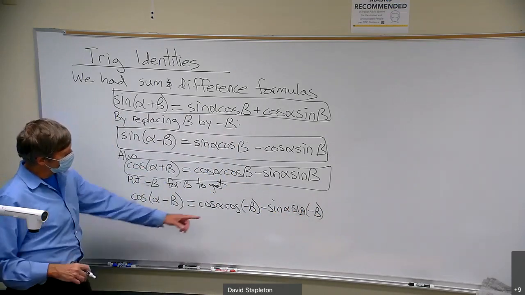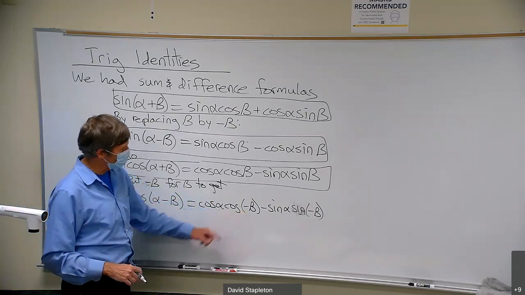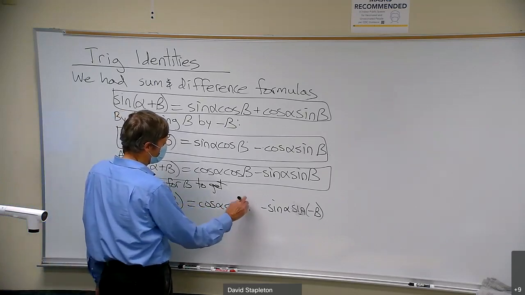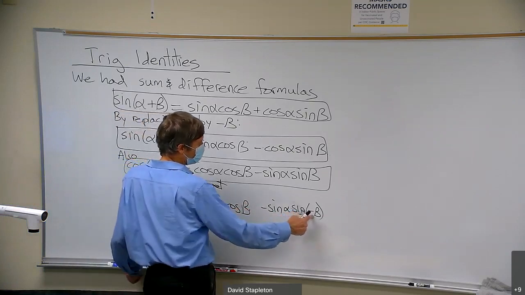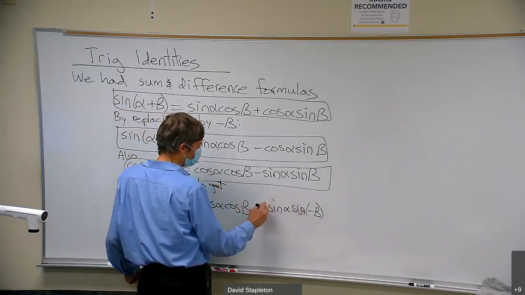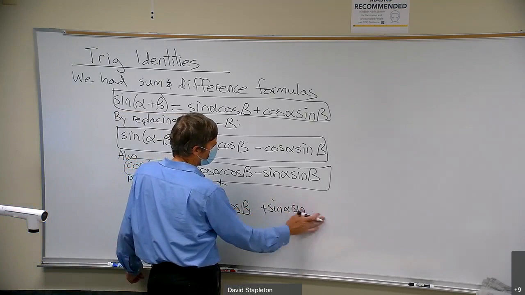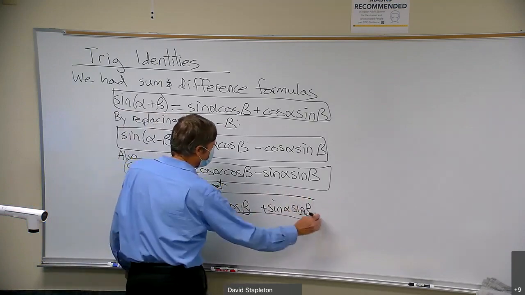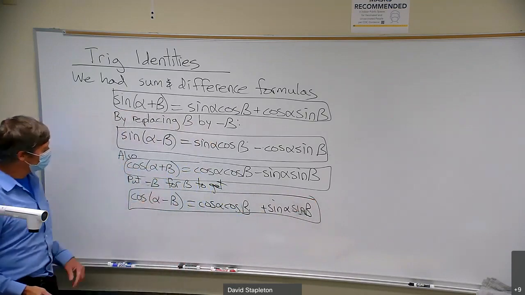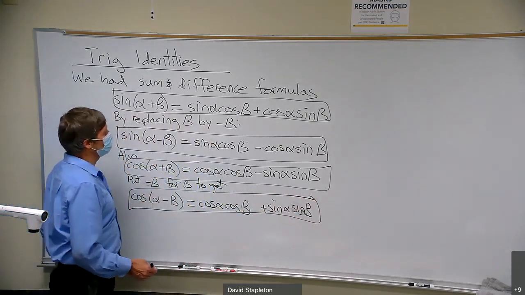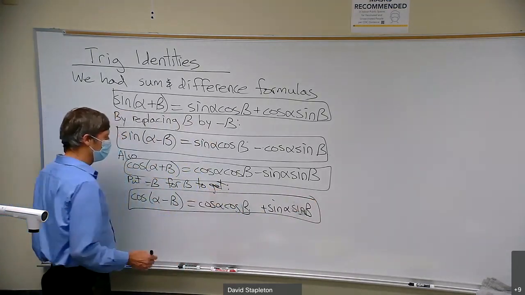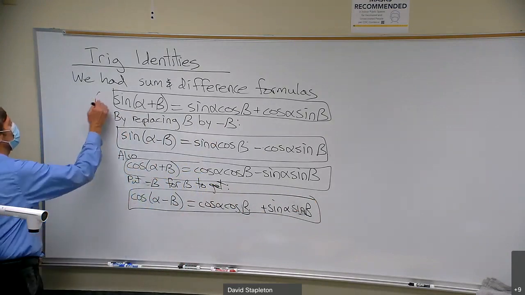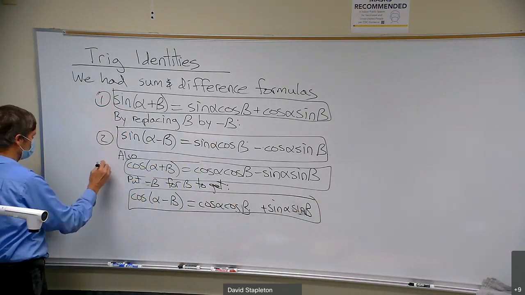But now cosine of minus beta, cosine's even, so I can take the minus away, right? That's just cosine beta. Sine of minus beta, sine is odd, so the minus comes out, makes this plus. There is the difference identity. Replace beta by minus beta and use the even and odd properties. And I've got this difference formula for cosine. So if I call those 1, 2, 3, and 4,